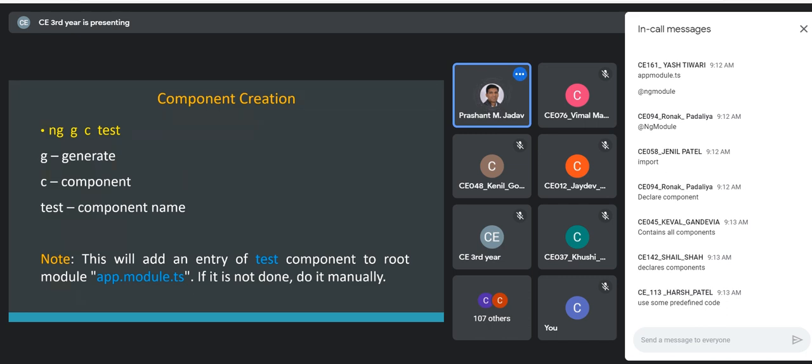You can see in your code, there is a browser module or forms module kind of thing maybe there. So the existing module is dependent on some other module, and that other module may have its own components and services. Is it clear?